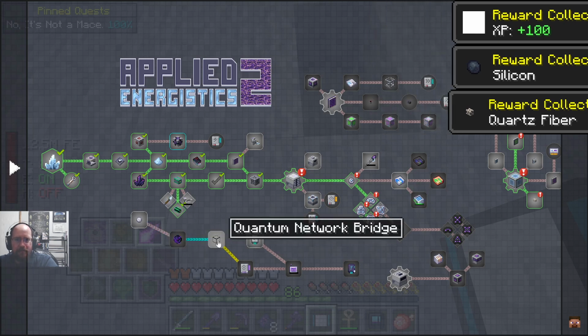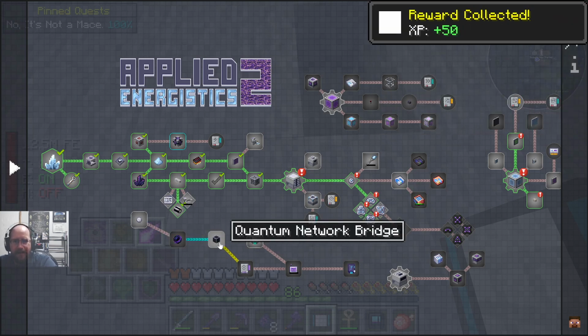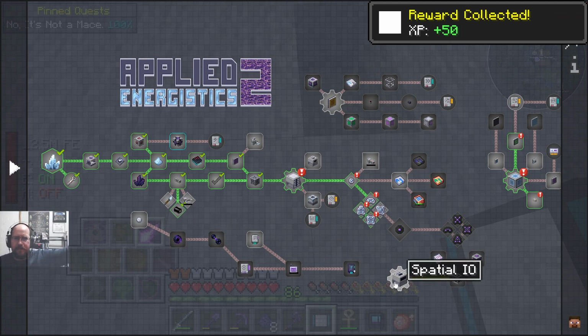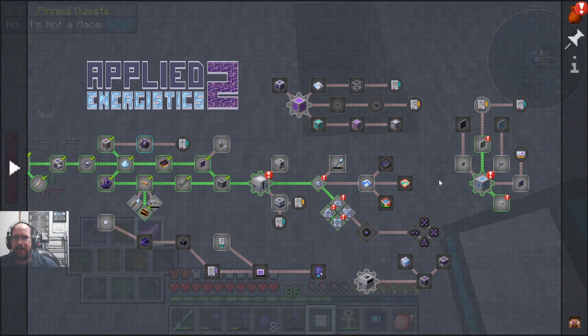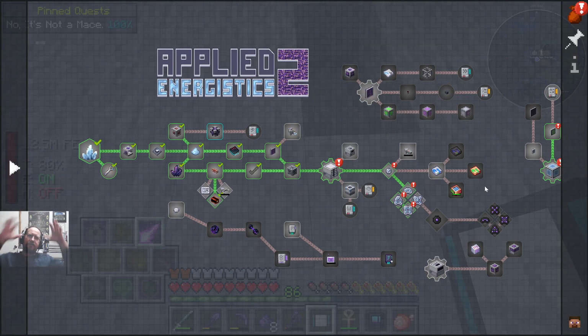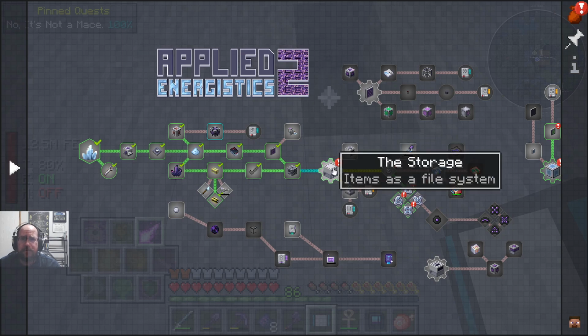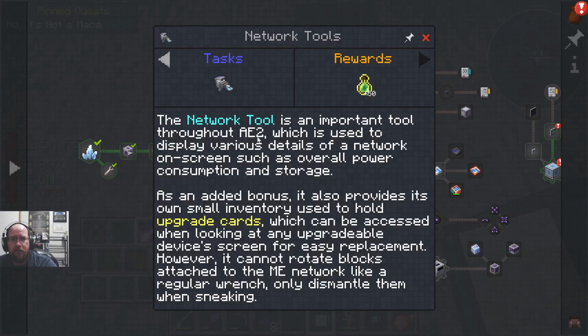Yeah, see, this is where you get quantum bridges. And that's the way you can get to the items that are far away. Spatial I/O is insanity because spatial stuff lets you take an area and condense it into a cell. Then you can go to another place, recreate the build, put the cell in, and then it'll pop out the item. And it could be like a whole building that can be stored. So it's pretty cool. Network tool,